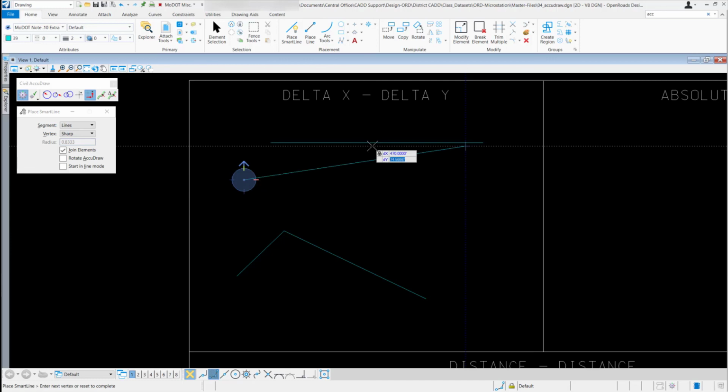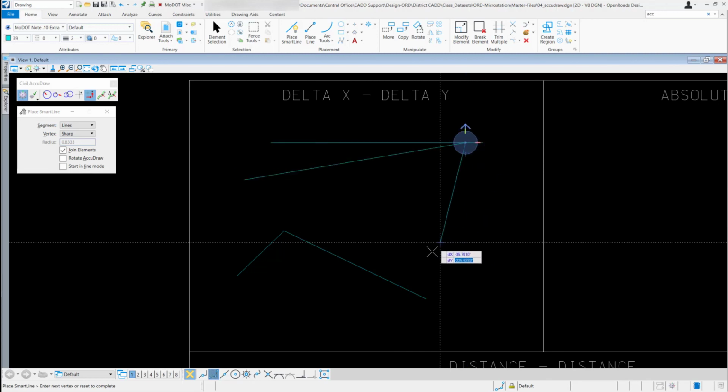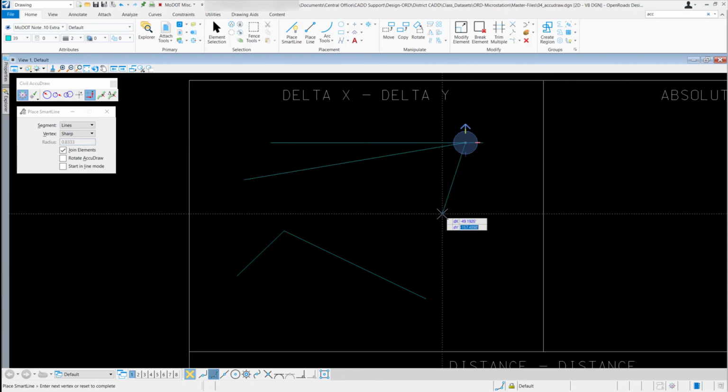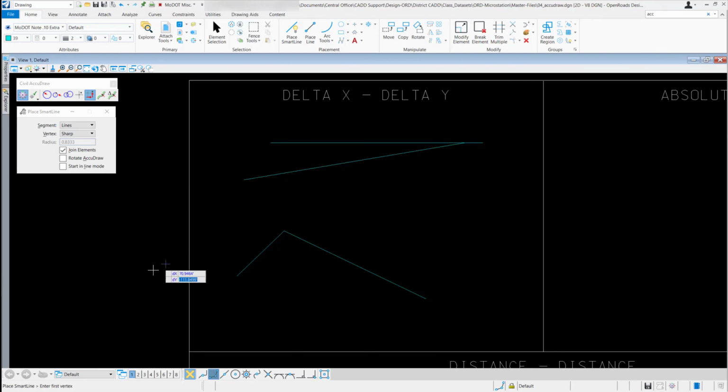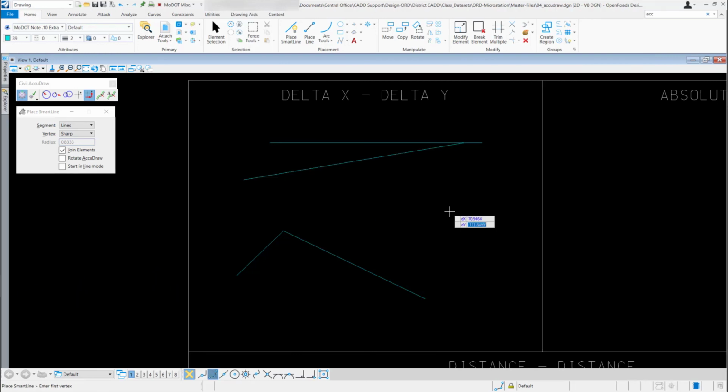it. So maybe I wanted to come up here and snap it on this horizontal line somewhere. Since my key point snap is turned on, I can just select a key point, left click to accept it, and I've snapped it to that line. If I'm done with my tool, I can right click to reset it, and I have my line. So that's what the Delta X, Delta Y Civil AccuDraw tool does. It allows you to place a line or something else out there based on a 0, 0 coordinate from the last vertex you entered.